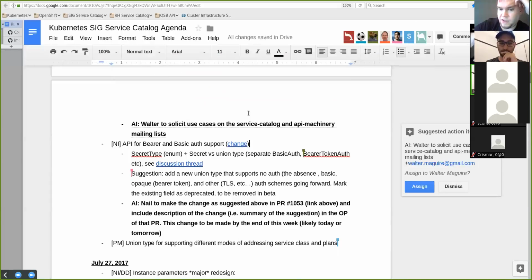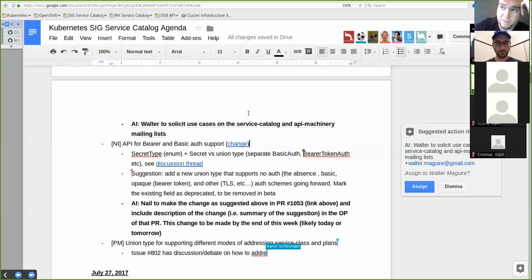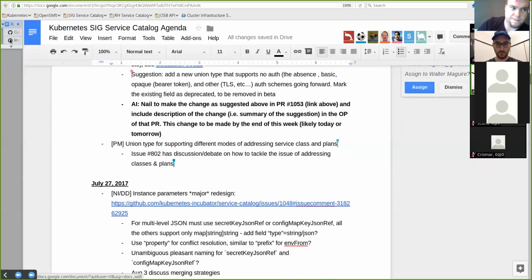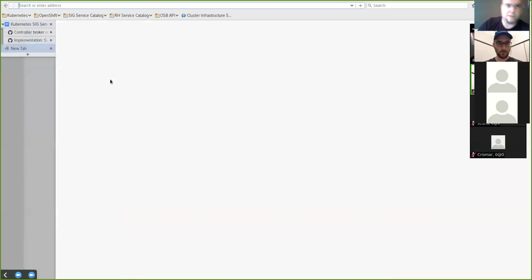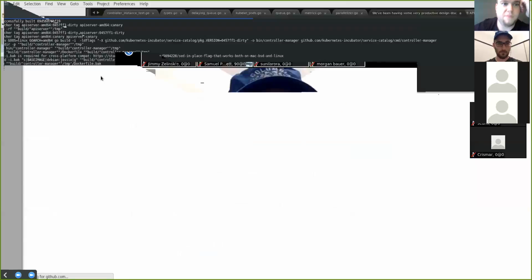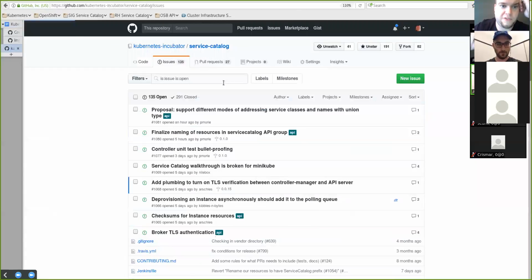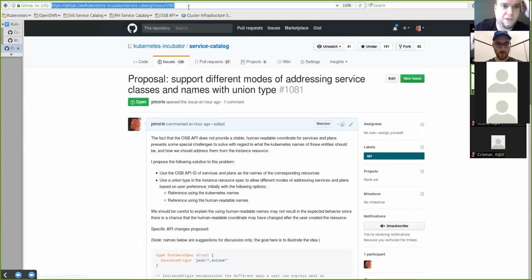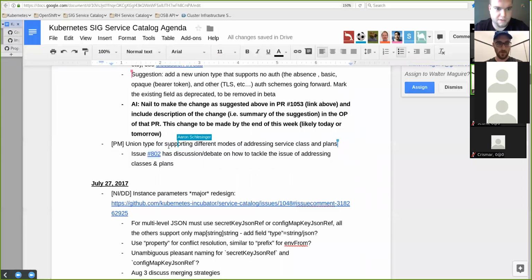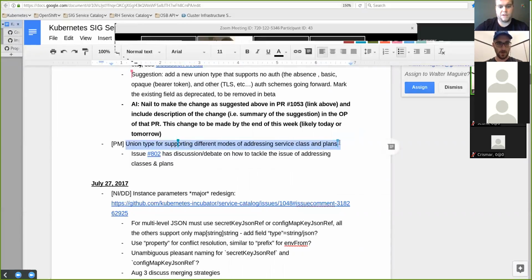There's been discussion in, let's see if I have my issue numbers right, 802, and that's primarily where the discussion has been. It occurred to me this weekend that we've been falsely or arbitrarily constraining ourselves to try to find a one-size-fits-all solution for this problem, and I don't think that we actually have to do that. And so I will go ahead and open the pull request, which I'll then link into the doc. Or I'm sorry, this is an issue, not a pull request. So in issue 1081, which I will go ahead and link into the agenda doc now,